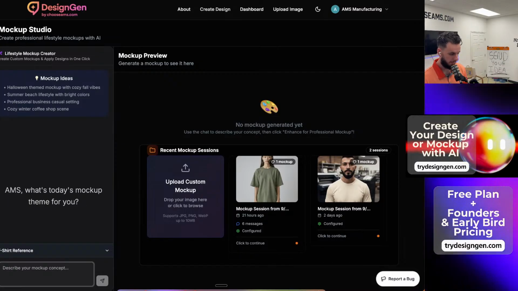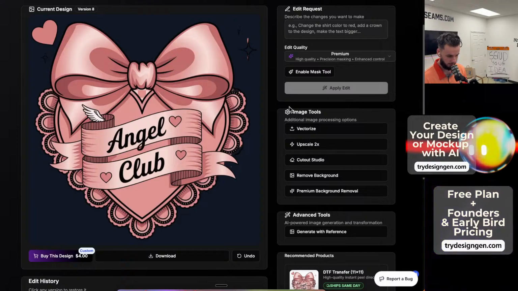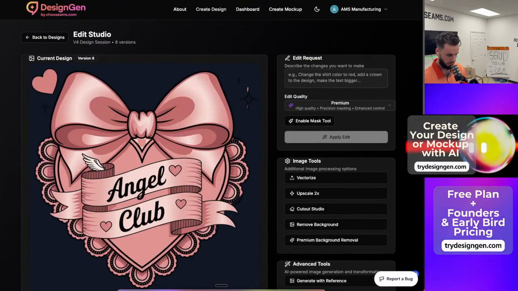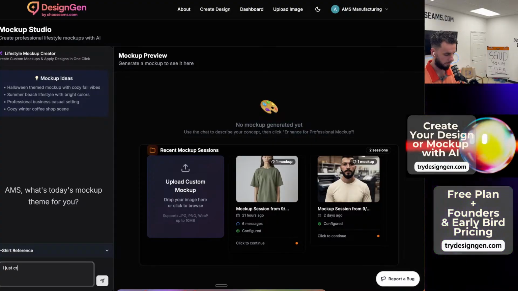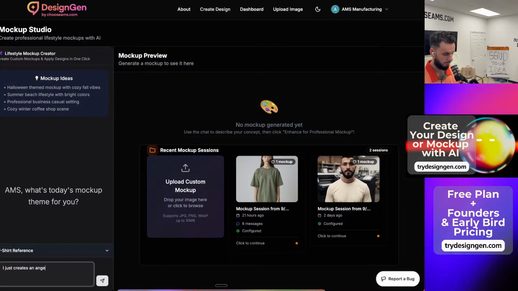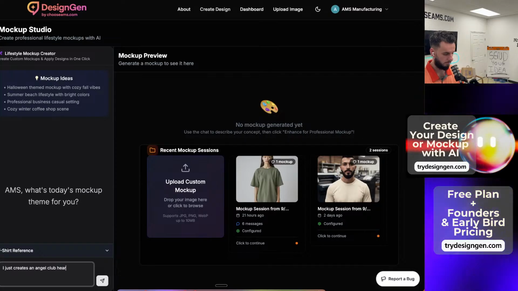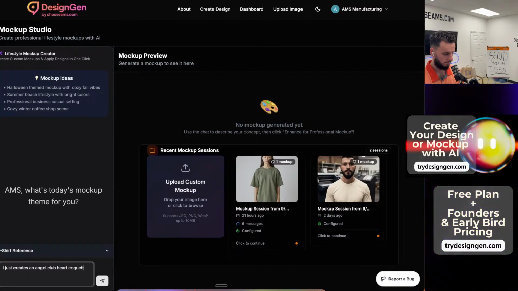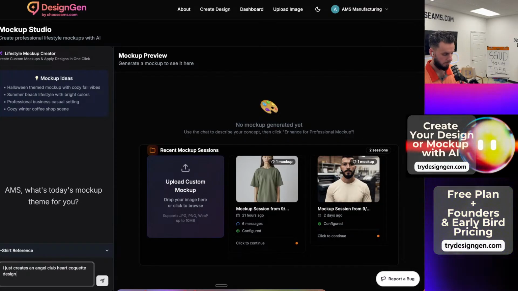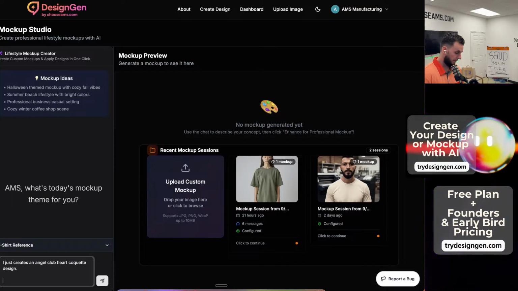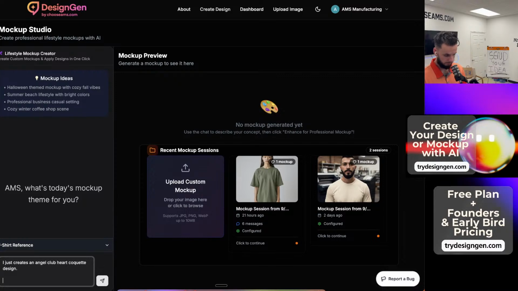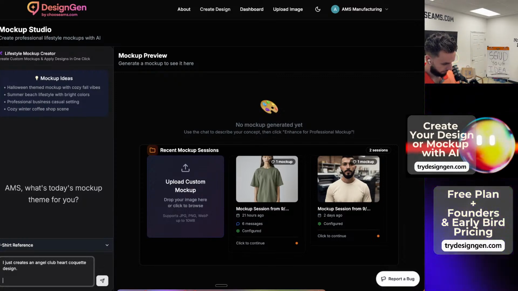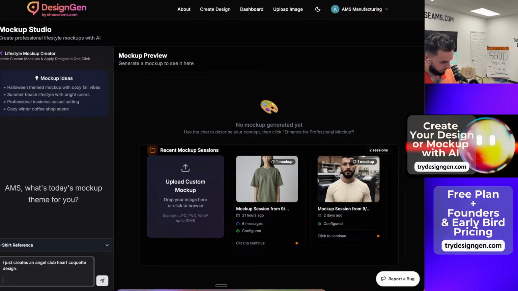So what do we have from that design? It was an Angel Club design, right? So let's see, let's just tell it that. So this is a pretty good example of what to do because I don't know what would look good. So let's say